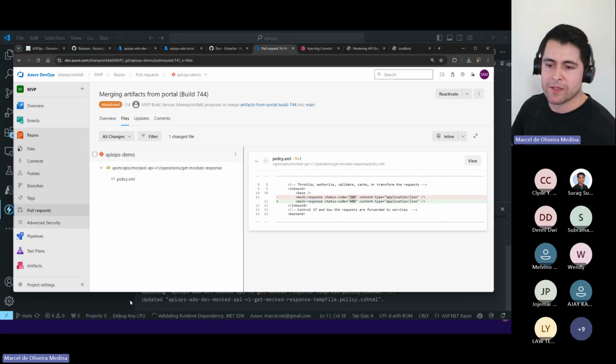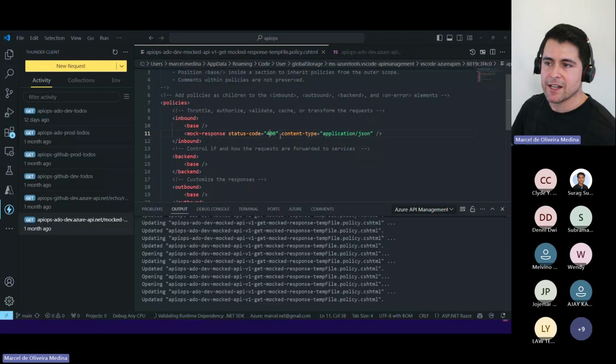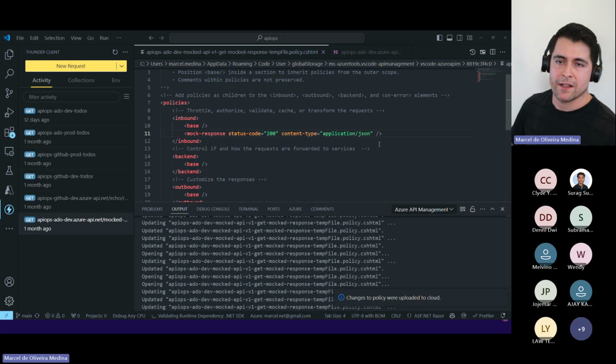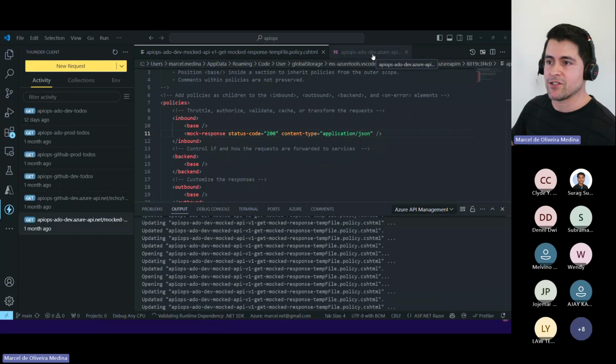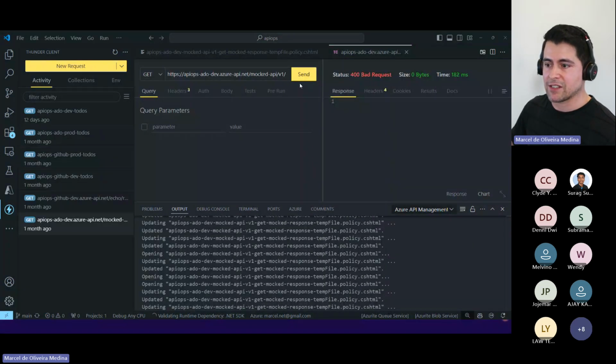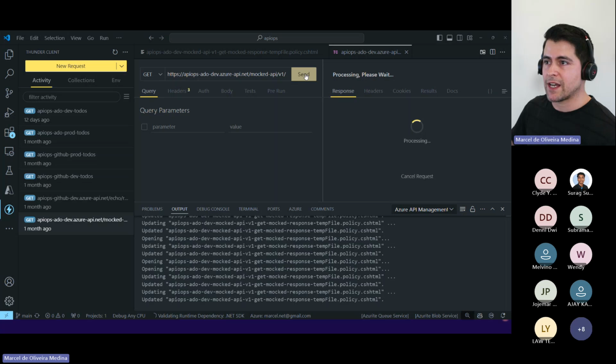So this allows me to change things in here and extract that. I could simply go to my extract pipeline and do the extraction. It's going to pull everything, only the change, really, just the delta. And for that, I would have only that particular change. And now I have changed that for 200, so I should get a 200, right?